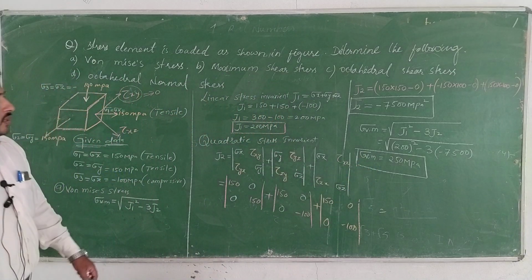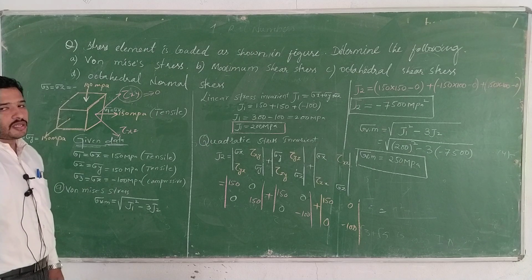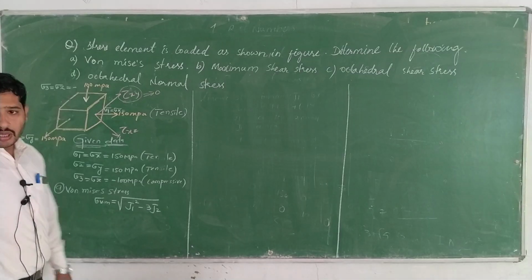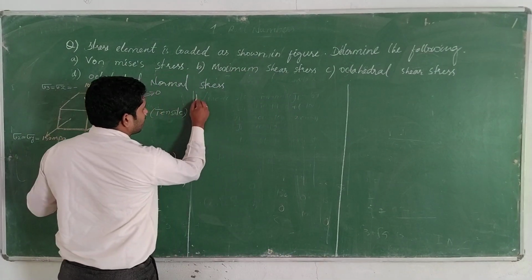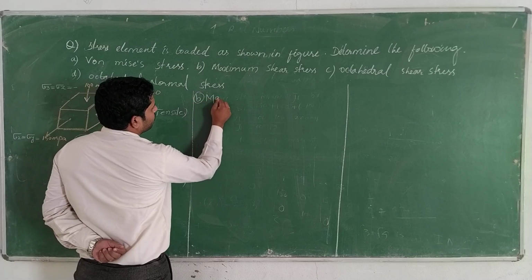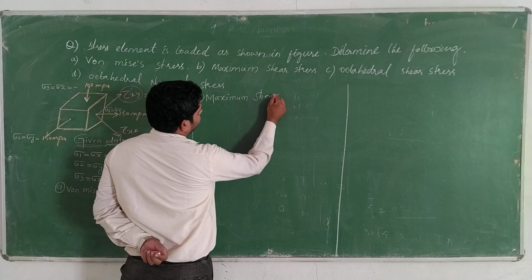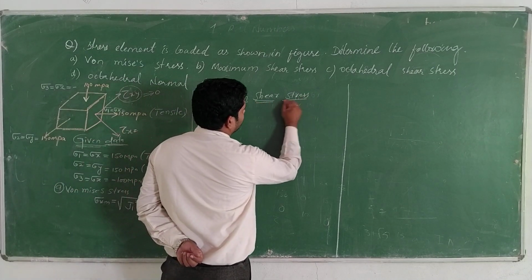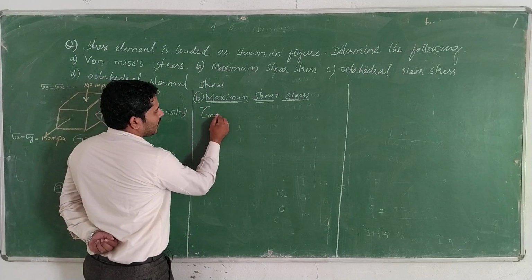Okay, so take the snapshot here. Next step we are going to learn regarding the maximum shear stress. We have to learn the second point, B, maximum shear stress. Then how to find out the maximum shear stress? Let us see. Tau max equal to